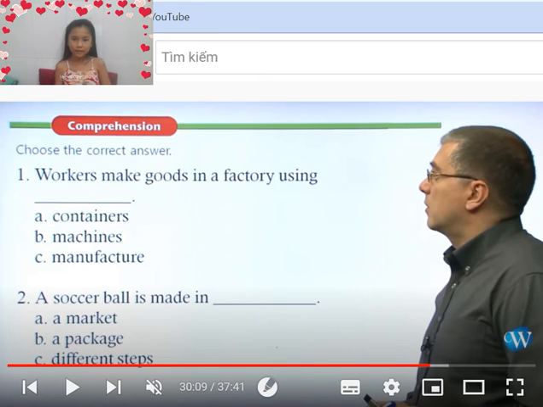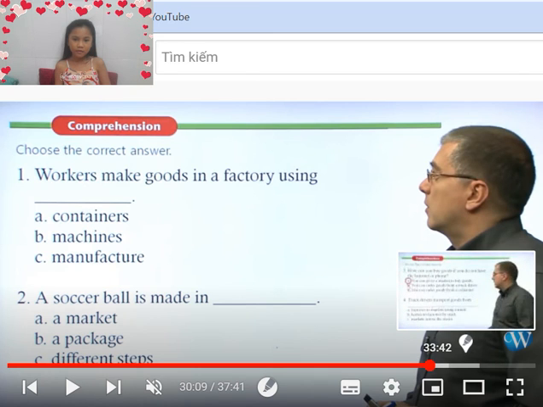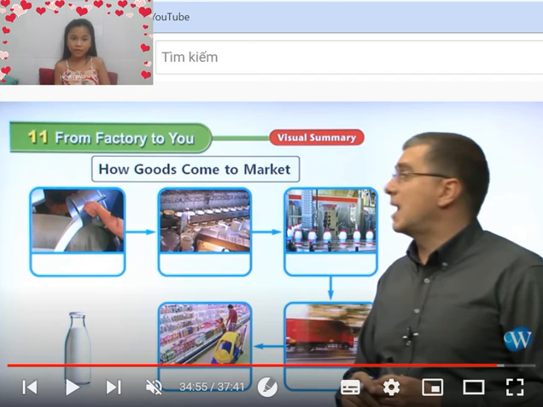So let's move to the next one. We have here our chart, and we're going to write in the words. First we have materials. Then I think it will be a package. Package things, yeah. Then they will transport it, move to the market, and then there's the milk. Easy, right?